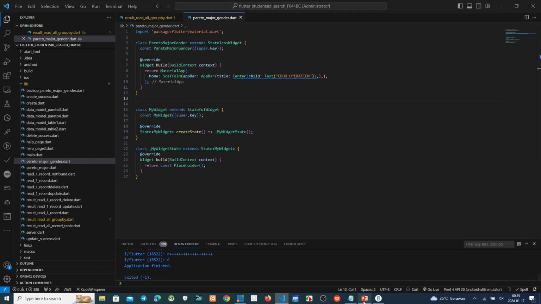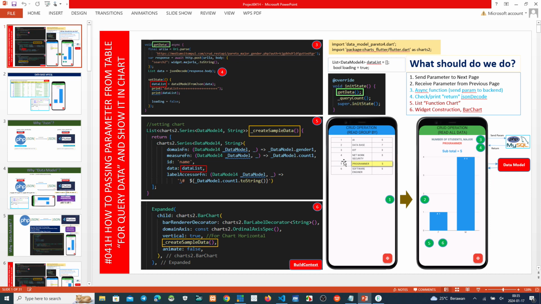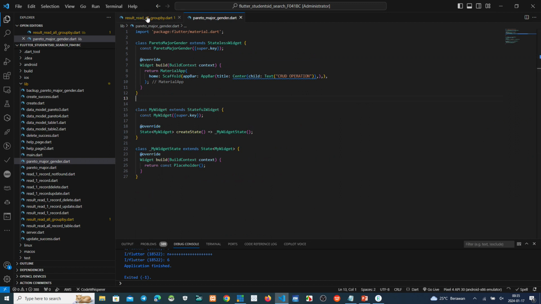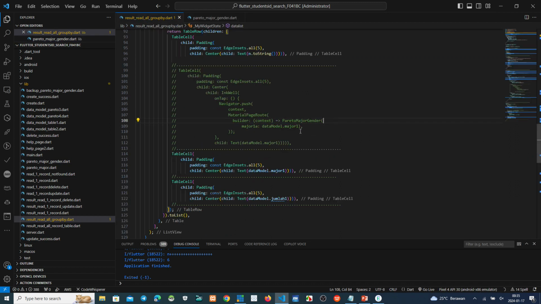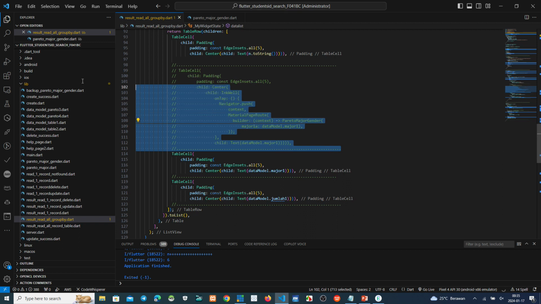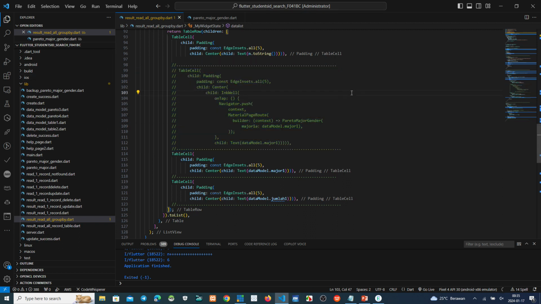Okay, this one, send parameter from this page. Okay, we make directly to this page. Okay, this one we delete first. Okay, no delete is okay.